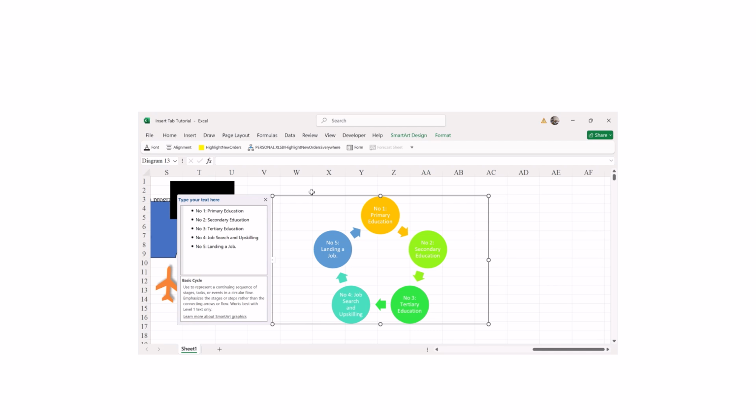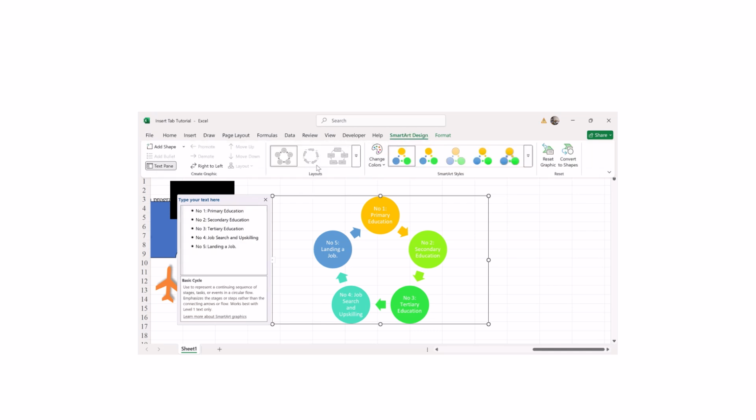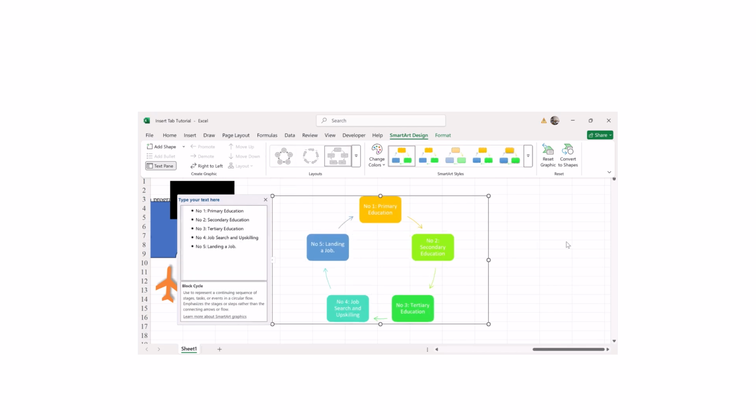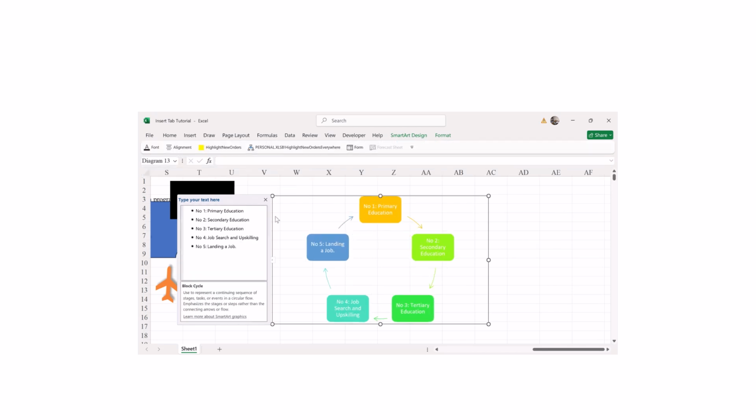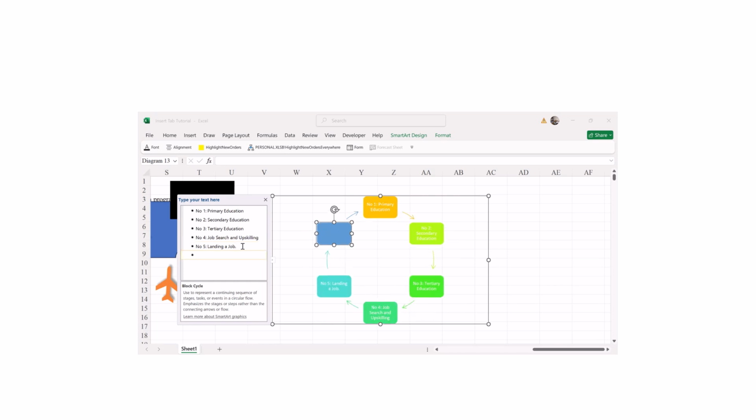This should be a different type that would require different data. The one wouldn't fit our example that we are trying, but this one would be fitting. And you see when you select the SmartArt, here you have "Type your text here." You have "New," where you can add. Once I have my cursor here and I click enter, a new SmartArt will be added, and I can say number 6